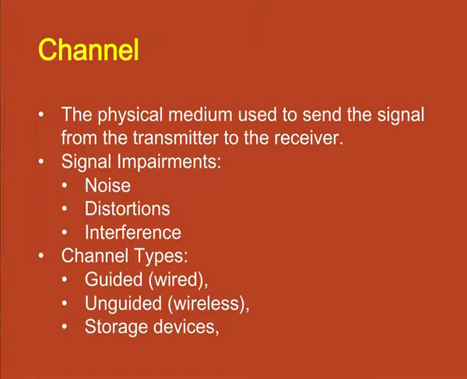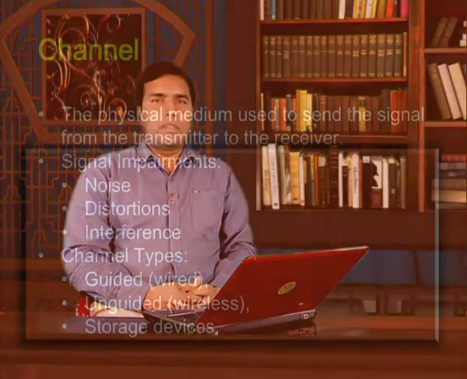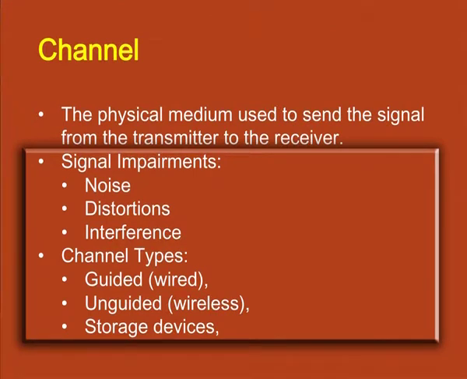Channel is the physical media which is used to send signals from transmitter to receiver. This is the media which connects the sender to the receiver. When a signal is transmitted over the channel, there are several signal impairments which are introduced. These impairments are noise, distortions and interference. The amount of impairments introduced on the signal depends on the type of channel, which we can classify in 3 categories. One is guided or wired channel, another one could be unguided or wireless channel. These two channel types are used for communication over